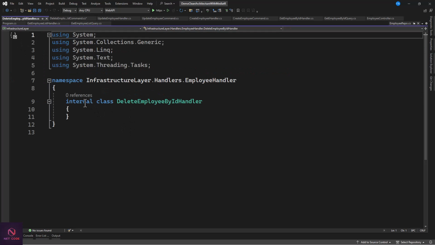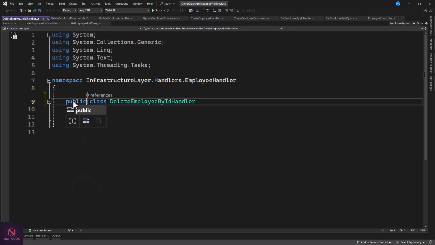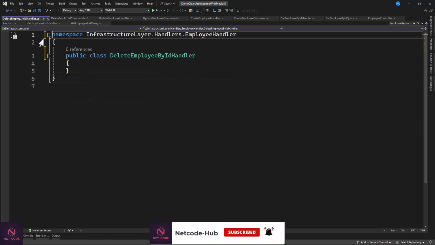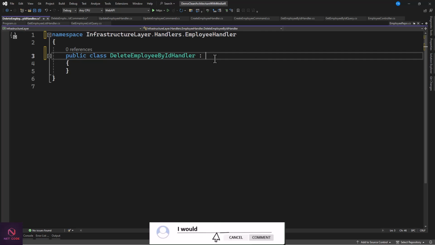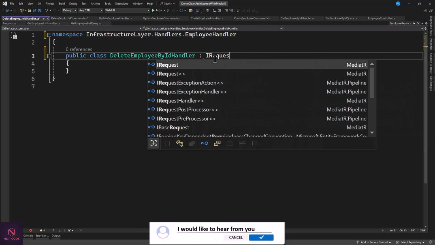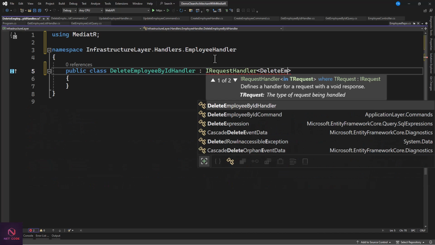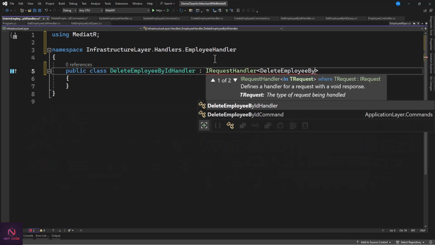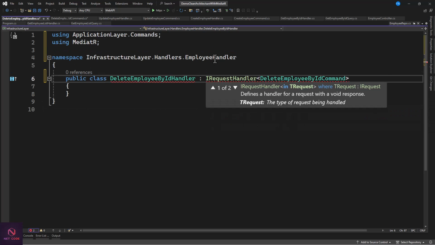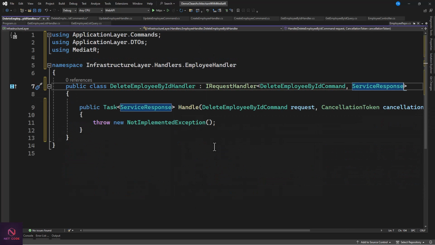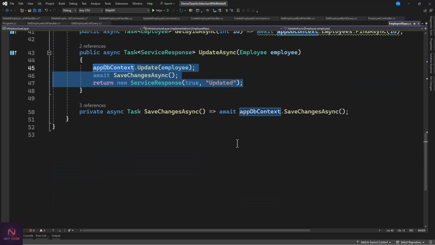Then we go to the handler, make this public. We can now clear everything. This is going to inherit from IRequestHandler. It needs a T value of what? DeleteEmployeeByIdCommand, with the T out response being what? ServiceResponse. Control period, implement our interface. We go to the repo. Now the delete,